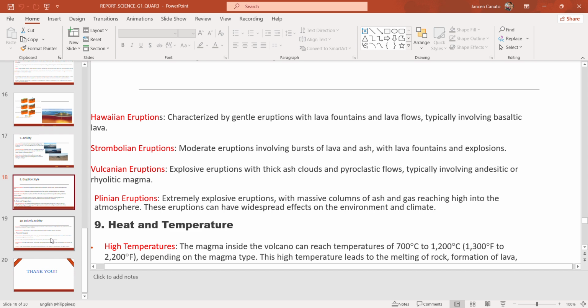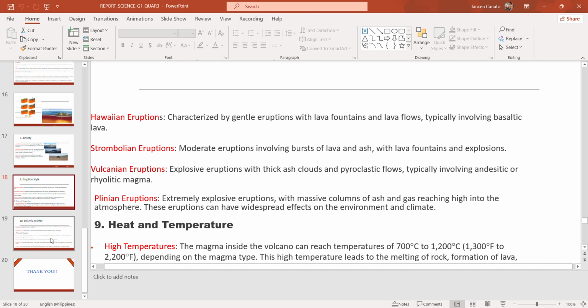Volcanian eruptions, explosive eruptions with thick ash clouds and pyroclastic flows, typically involving andesitic or rhyolitic magma. Plinian eruptions, extremely explosive eruptions with massive columns of ash and gas reaching high into the atmosphere. These eruptions can have widespread effects on the environment and climate.